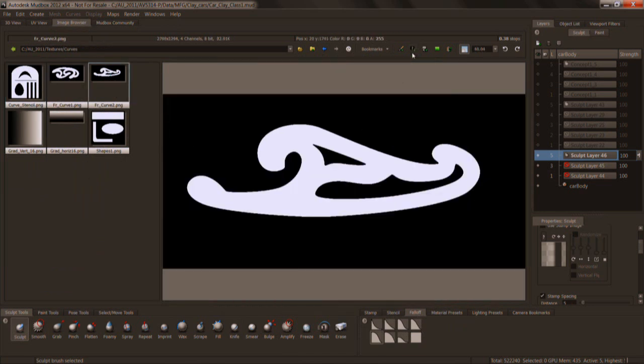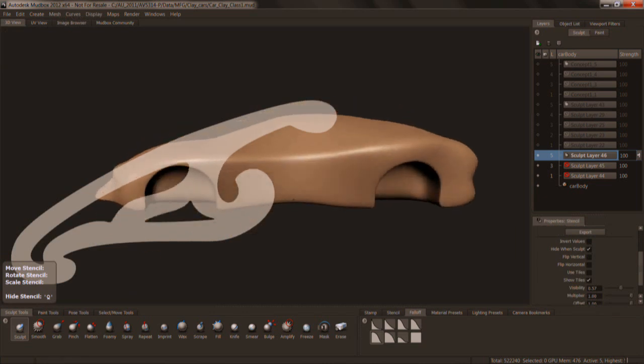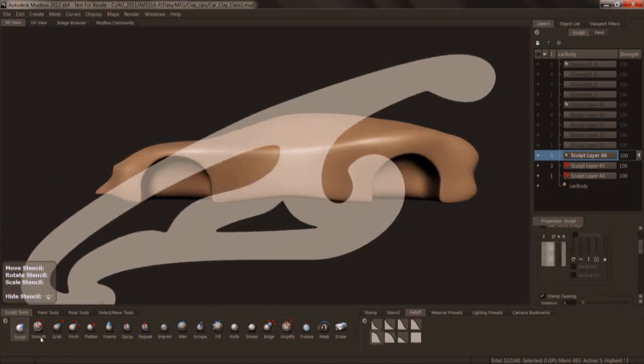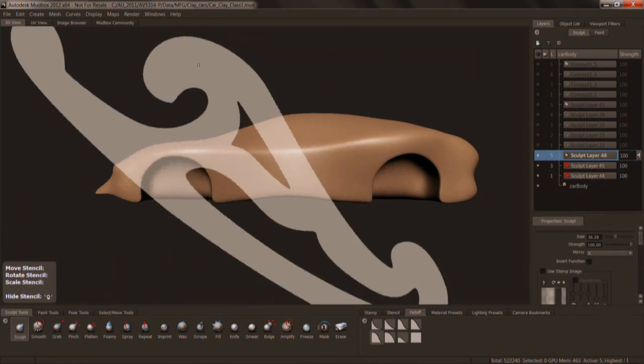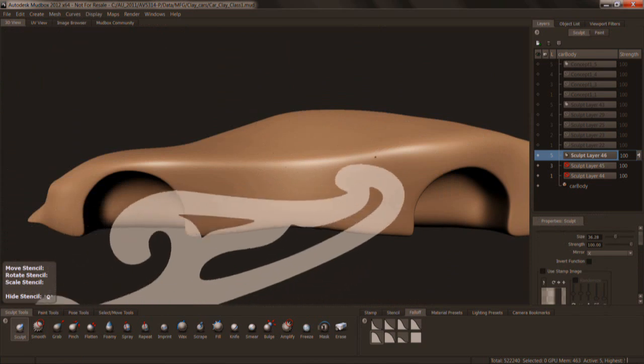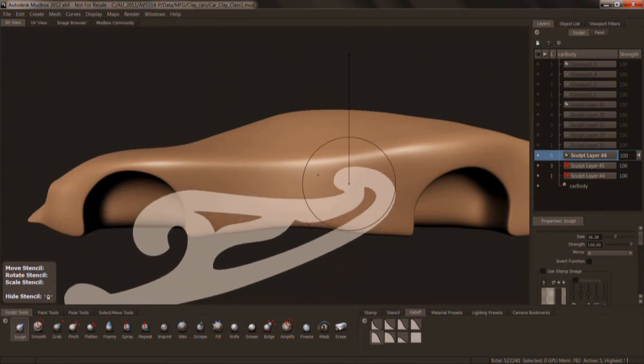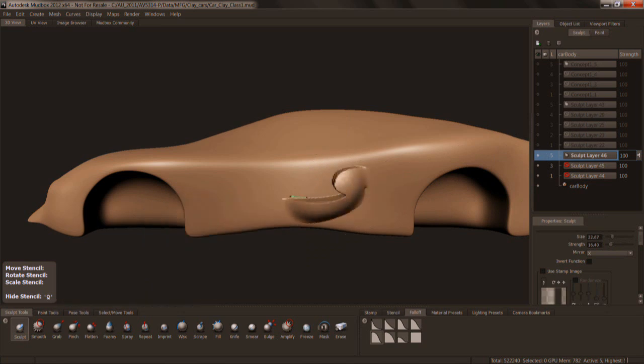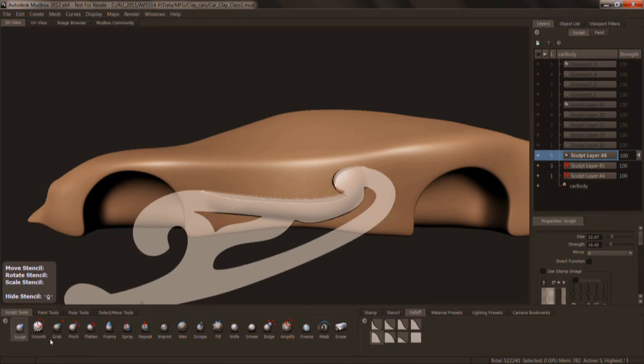If we take a curve like this, for example, and just throw it in as a stencil into the viewport, leave our mirroring on, we can use this as a template for sculpting. So I'm going to turn that strength down and brush size down, and just start to rub the geometry along the edge of that curve. So you can see that as I sculpted that, I'm going to turn off the steady stroke actually, so we don't need it for using a nice